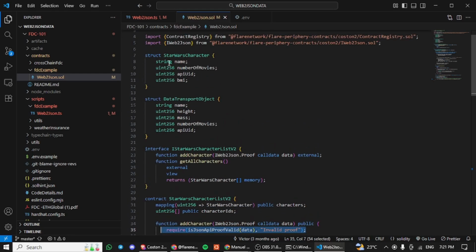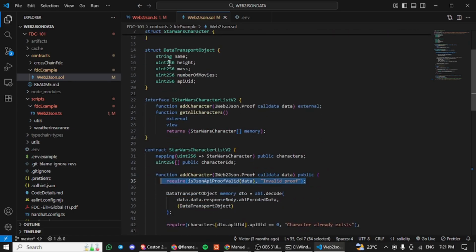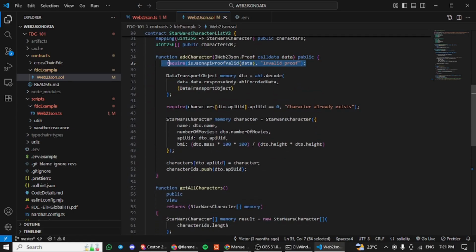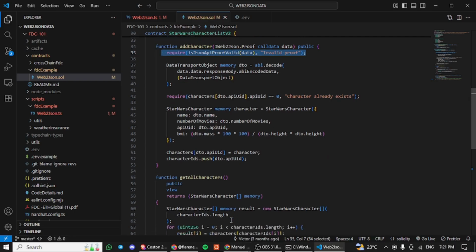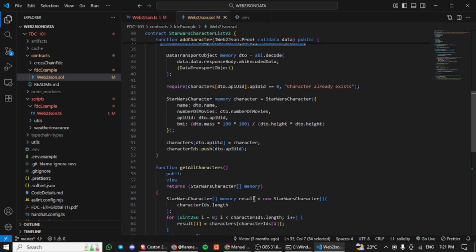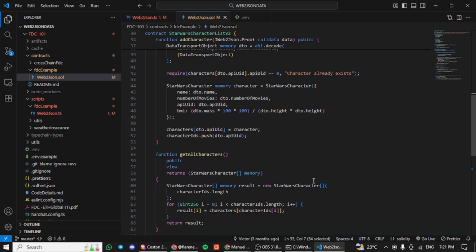So it contains the name, the number of movies, the API UID, and the BMI. Everything that is going to be inside this array has to be of that type. It's going to be stored in memory, and the actual variable is called result. So creating a new instance of Star Wars character array, and then passing in the character IDs